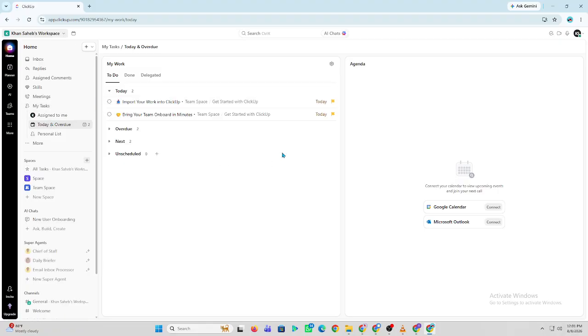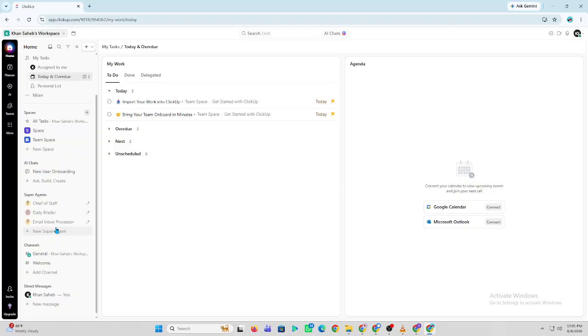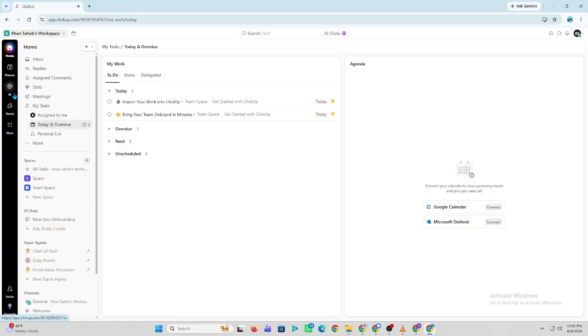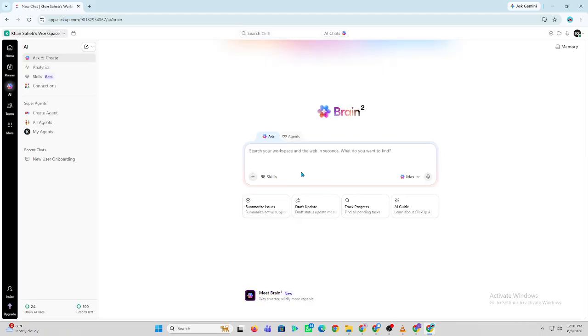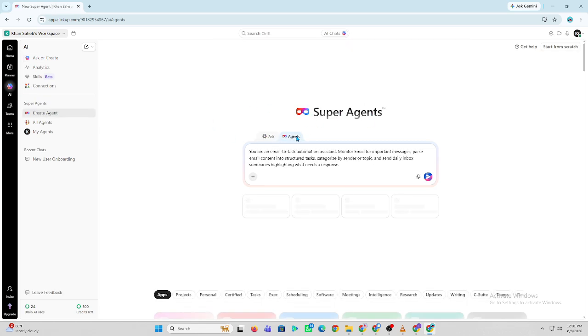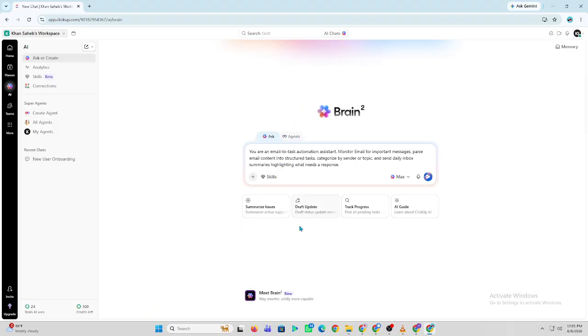Finally, organize your Google Drive folders and ClickUp projects together so your workflow stays clean and efficient. And that's how to connect Google Drive to ClickUp. By linking your files with your tasks, you can improve collaboration, reduce manual searching, and keep all your project information